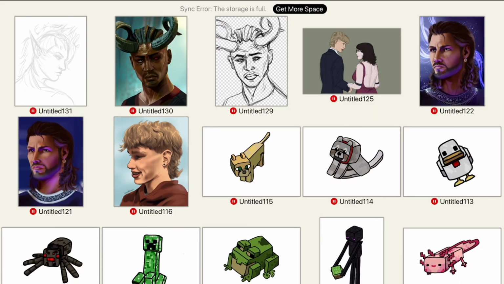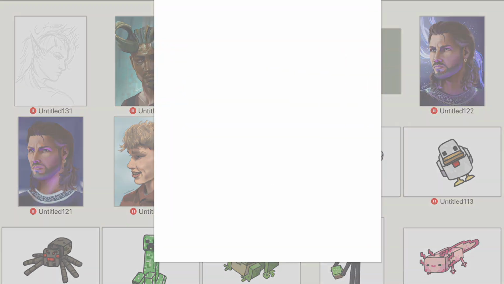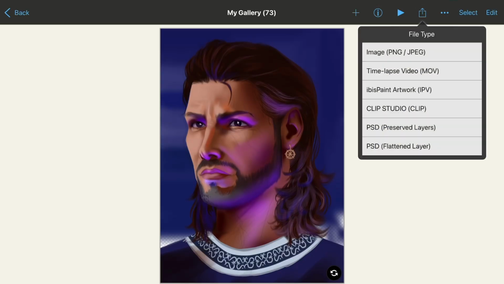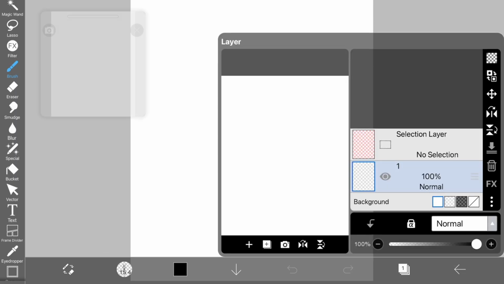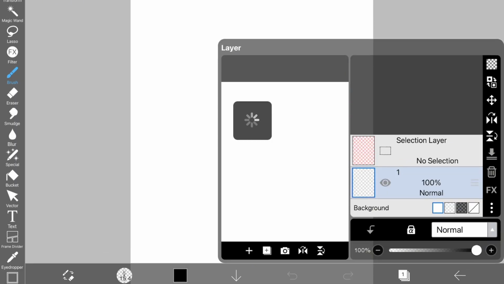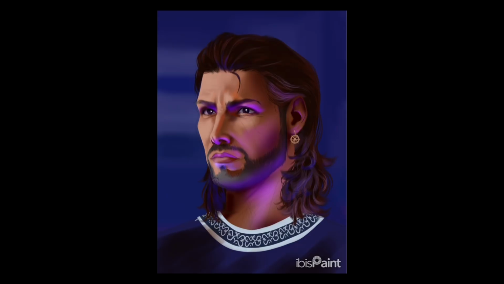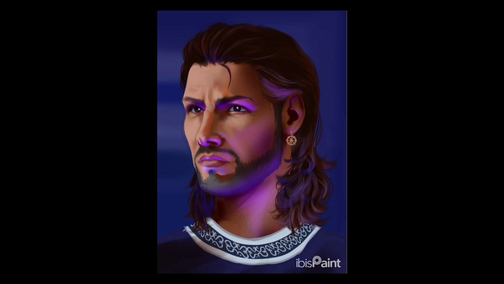I create a new drawing entirely in Paint. I will create a new canvas. I will save this image of whatever it is I have drawn thus far and then import it into this new canvas. And then I will just use the, what is that tool called? I will use the special tool, it's called the liquify pen, to reshape his face,